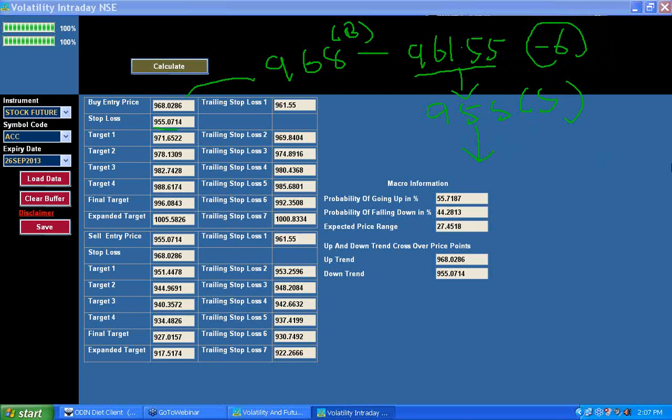You may ask me, after hitting this trailing stop loss of 961.55, if the price again moves up and goes to 968, whether I should enter the buy trade again? No. At that point of time, you should not enter the buy trade again. But that time also, I'll again focus on this probability of going up and coming down. If the chances of going up is 55.71 and the chances of falling down is 44.28, once I am getting this macro information of probability of going up and coming down,